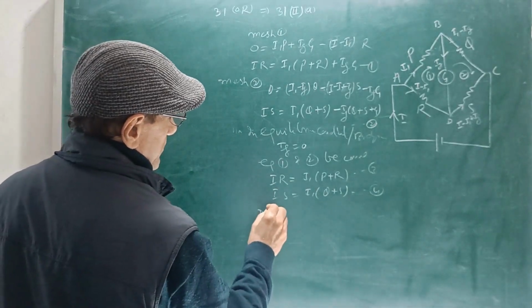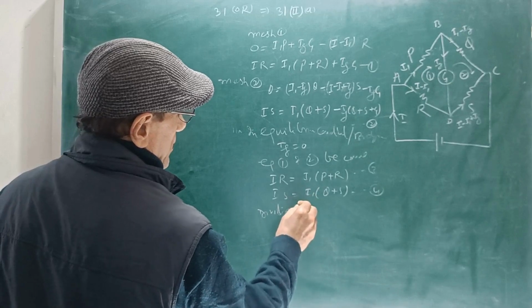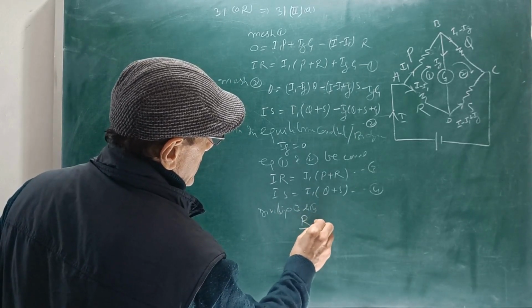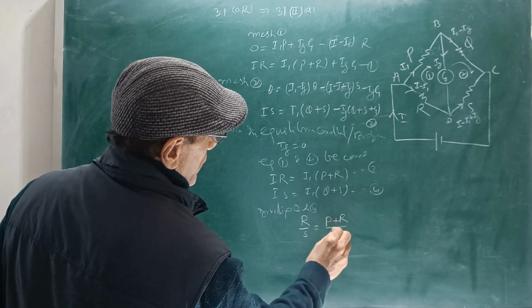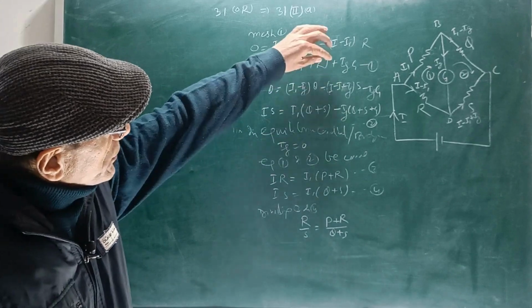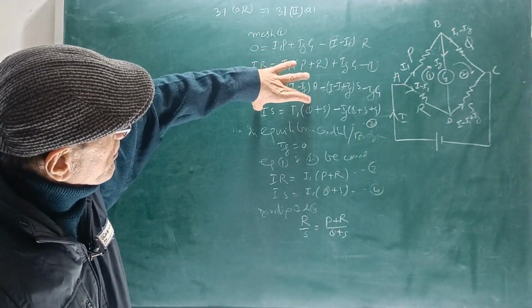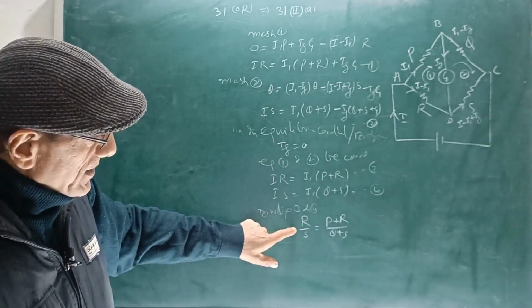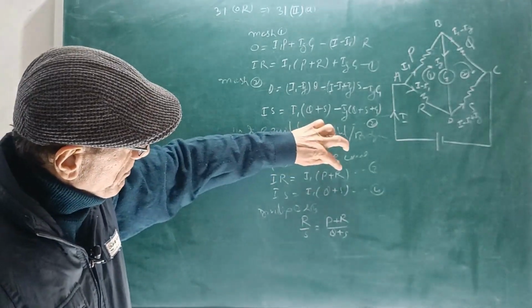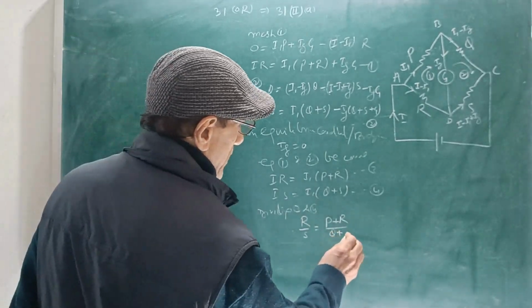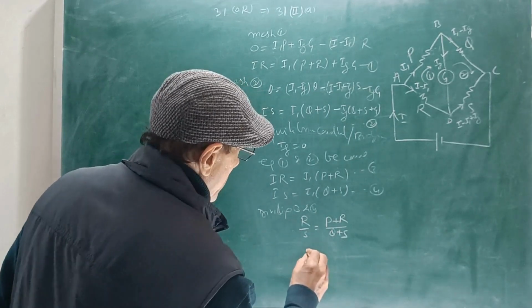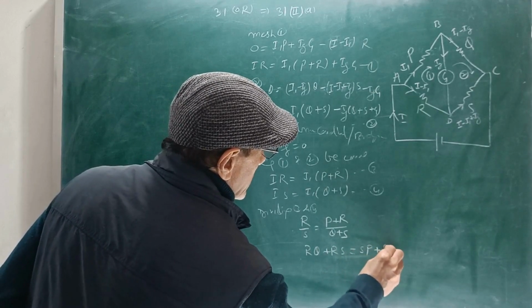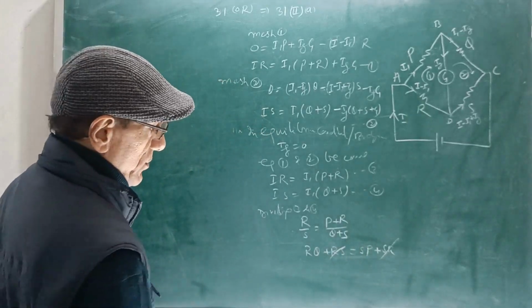Now dividing 3 by 4, we get R upon S is equal to P plus R upon Q plus S. यहाँ पर Ig की वैल्यू 0 हो जाएगी तो ये केवल इतना बच जाएगा और यहाँ ये इतना बच जाएगा. अब इन दोनों को हमने डिवाइड किया तो I से I यहाँ कट जाएगा, तो यहाँ बचेगा R बाय S, और यहाँ I1 से I1 कटेगा तो बचेगा P प्लस R अपॉन Q प्लस S. अब क्रॉस मल्टीप्लाई करते हैं तो क्या मिलेगा, RQ प्लस RS इज इक्वल टू SP प्लस SR. ये SR और RS एक ही चीज है, तो देयरफॉर